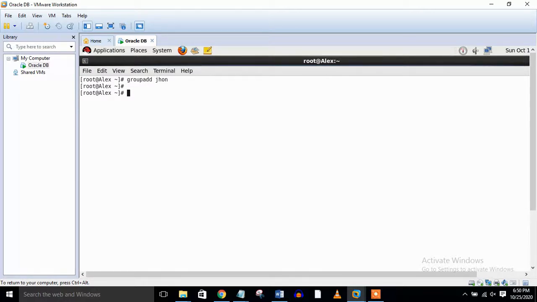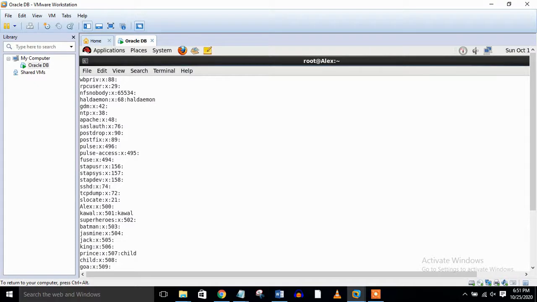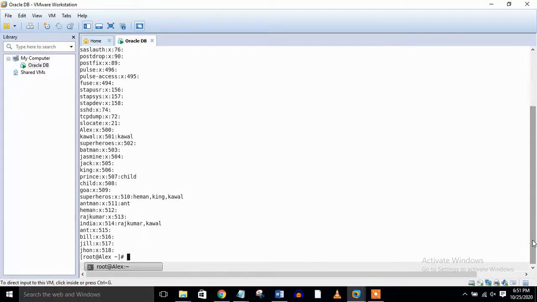The command is cat, but there will be a different location here, because earlier we checked the cat passwd location, and the groups would be cat /etc/group. This is the location where we can see all the groups already present. If we hit enter and scroll down here, you can see John